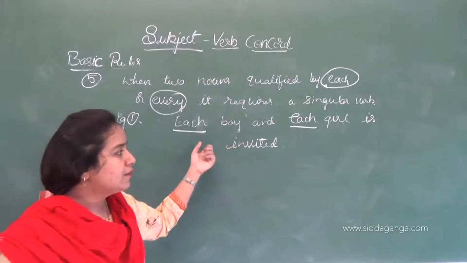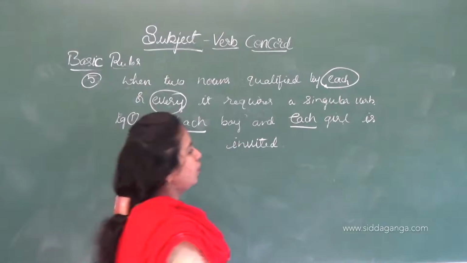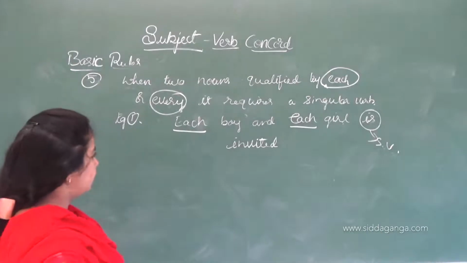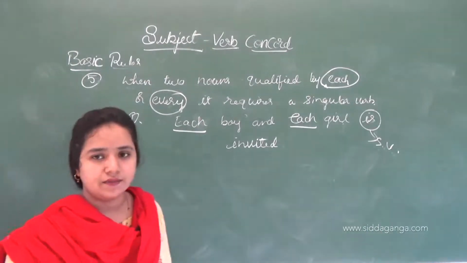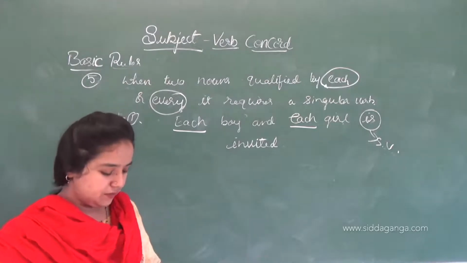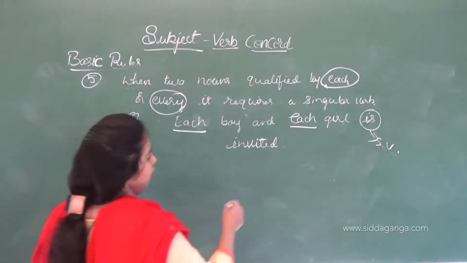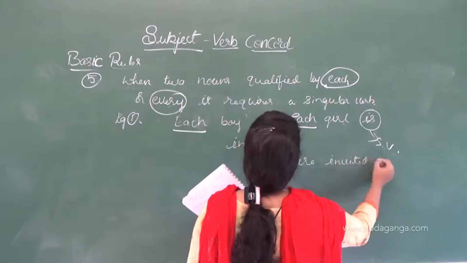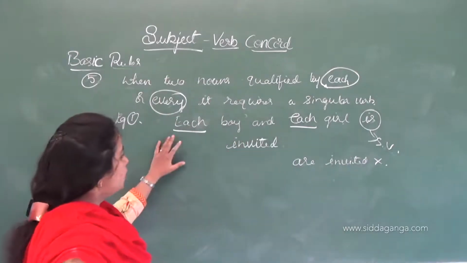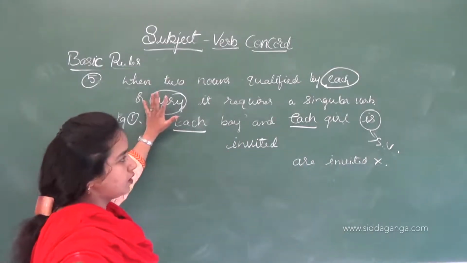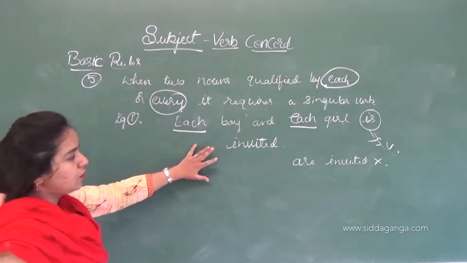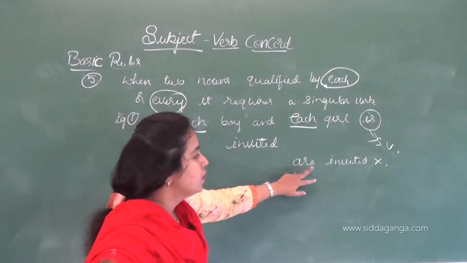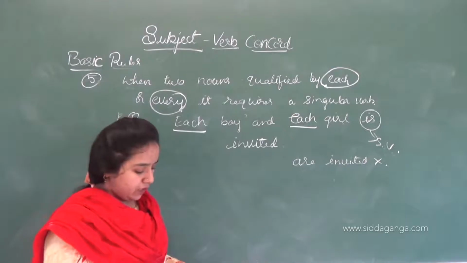So when it comes to a sentence like this, what is the verb? The helping verb is a singular verb. It does not say are here. Each boy and each girl. If you use are here, are invited, the statement is wrong. According to the rule, what we are going to use for this sentence is a singular verb. If we use the plural here, that statement is wrong. Okay, then